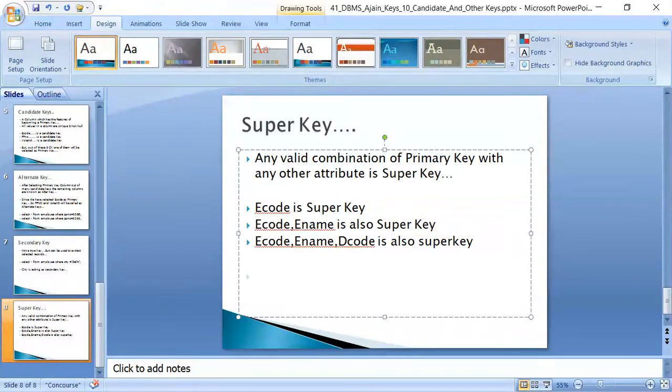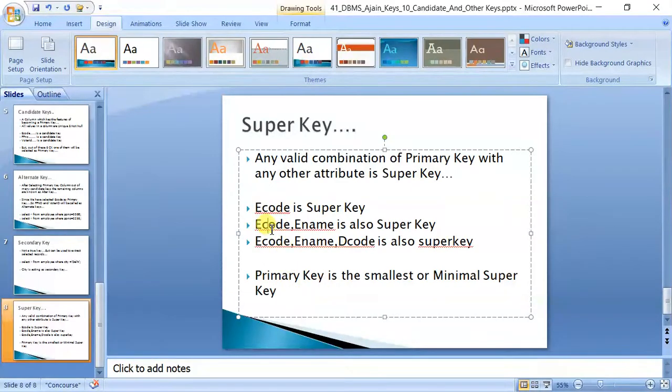In other words, primary key is the smallest, or minimal, super key. Minimal super key means you cannot have any key smaller than e code in this table. At least e code is required to identify records.